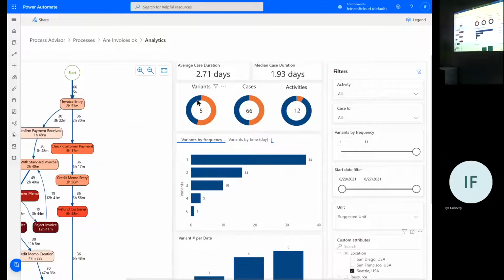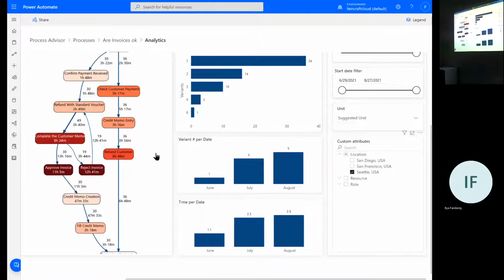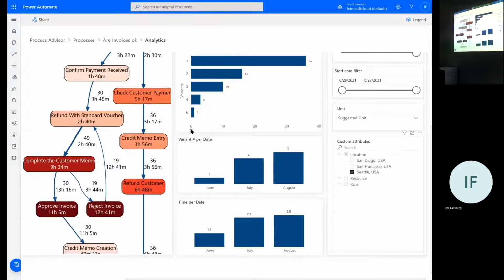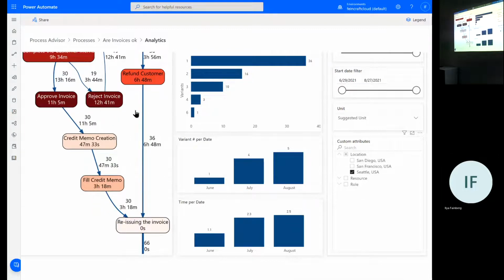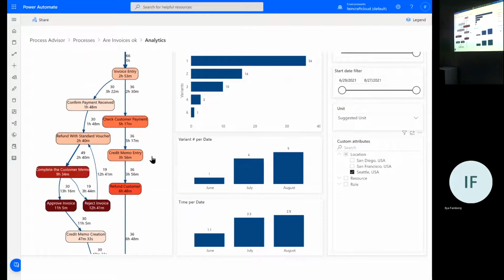Yeah, so Seattle is even quicker. 2.7 days to run the average invoice versus 8.7 days for San Diego. And again, they use only 5 variants out of 11, not 10 variants like San Diego has. And we see here that there's no special voucher step, which takes more than a day. Again, every step takes a maximum of 12 hours, and the overall result is much better than the average and much better